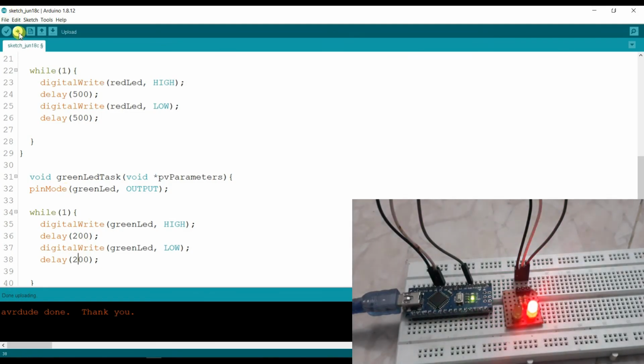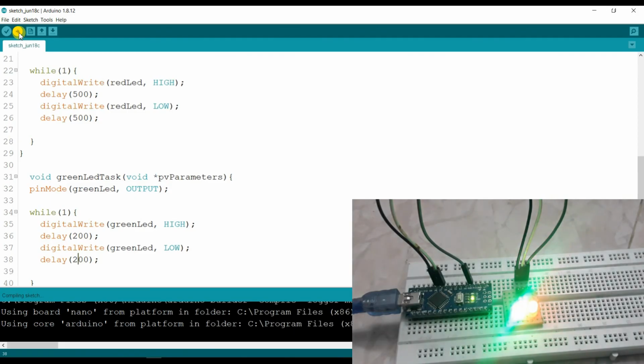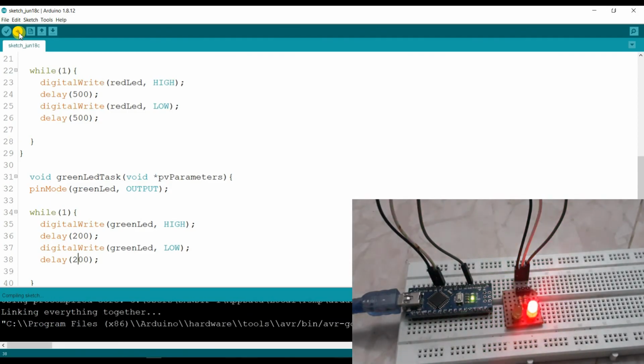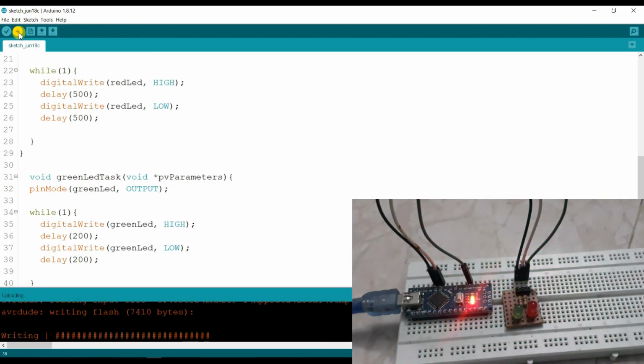I will upload. See, the green LED is blinking fast and the red LED is a little bit slow.